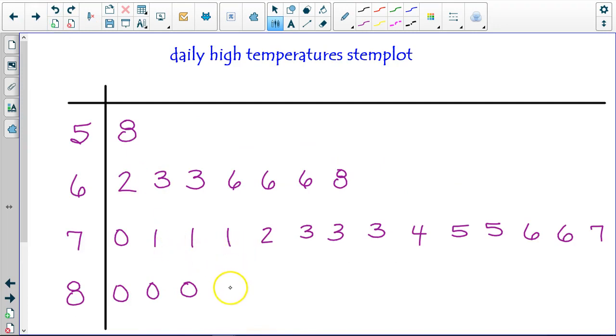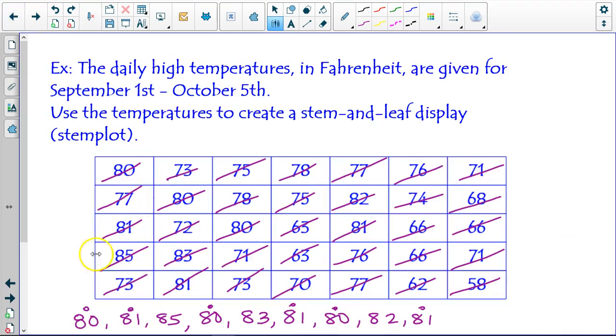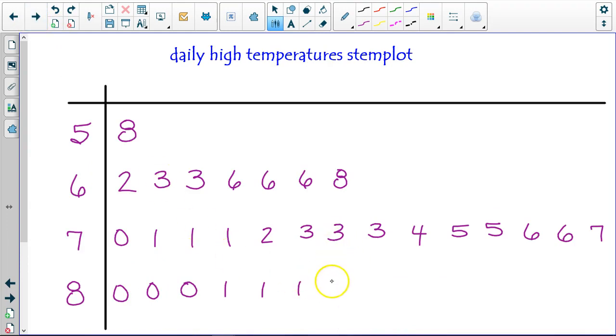Yes, thanks for asking. 3 81s, right? 1, 2, 3, then 1, 2, 3, then 82, 83, 85. 82, 83, 85. All right, so